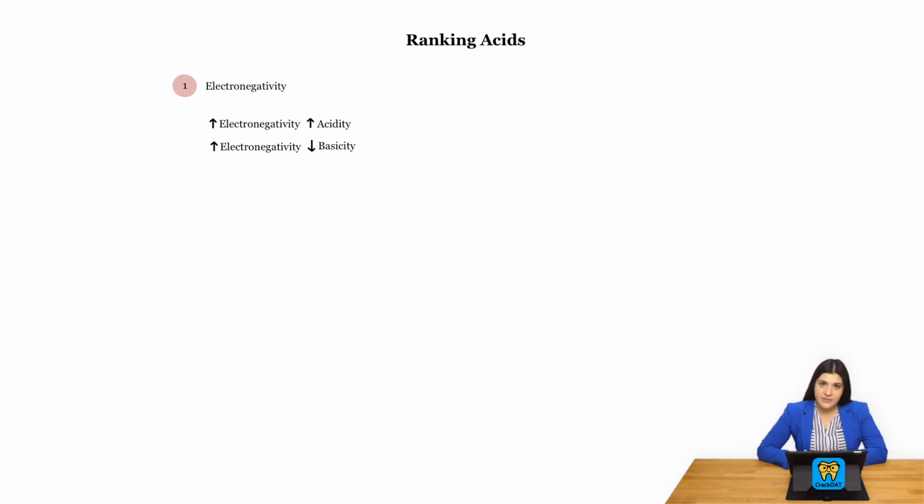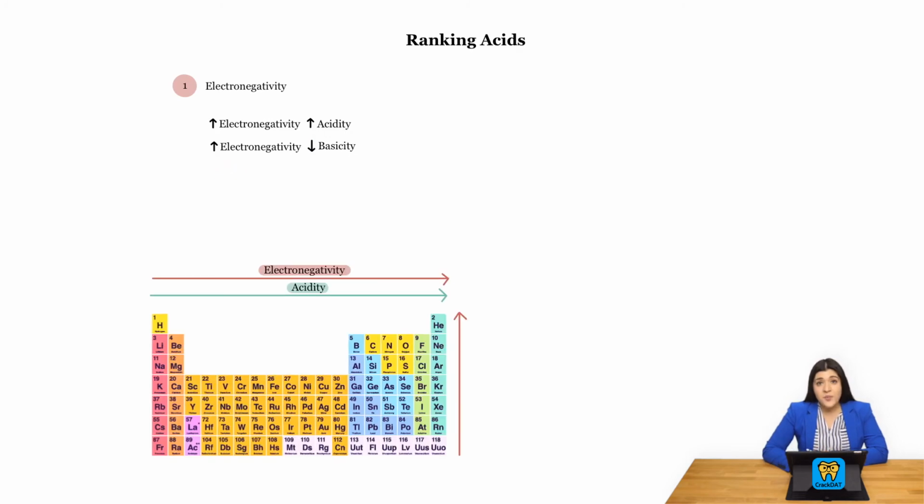For electronegativity, the higher the electronegative atom or the higher the electronegativity, the higher the acidity. And vice versa for basicity. The higher the electronegativity, the more basic it will be. Let's say looking at our periodic trends, looking back at our electronegativity, remember that fluorine is the most electronegative atom, and then our